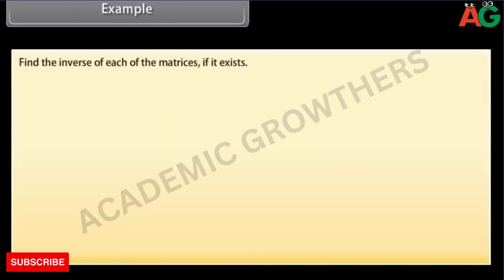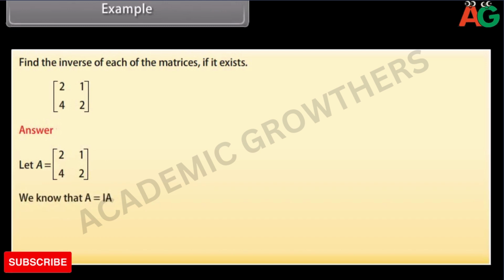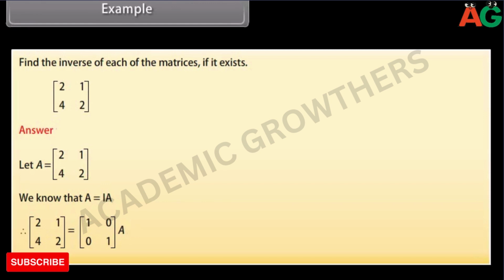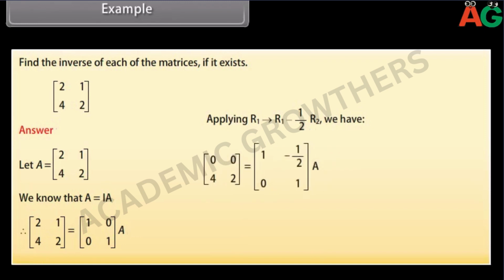Example. Find the inverse of the given matrix. Row-wise, first row 2, 1, second row 4, 2. Let the given matrix be A. We know that A can also be written as AI. Therefore, [[2, 1], [4, 2]] is equal to [[1, 0], [0, 1]] into A. Applying R1 changes to R1 minus 1 by 2 of R2, we have the matrix